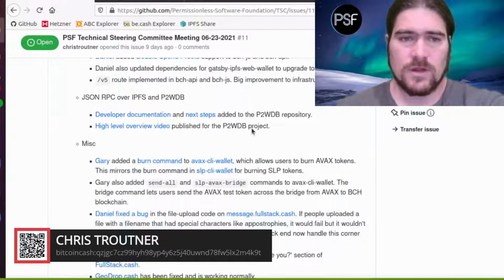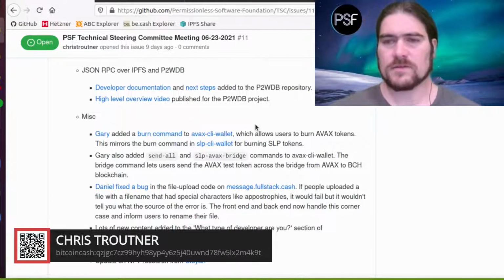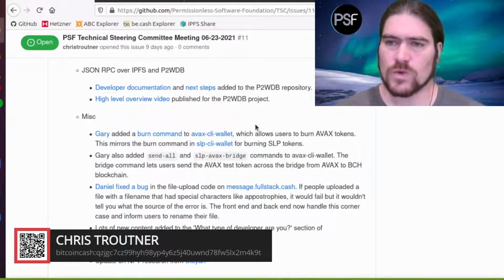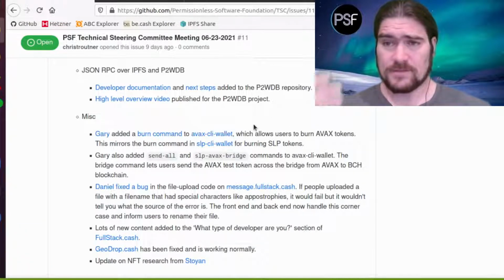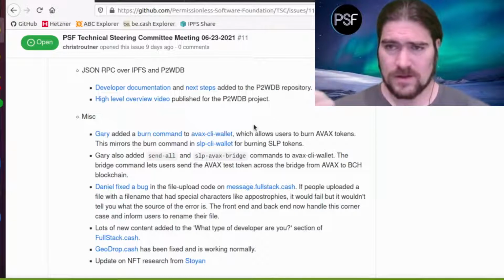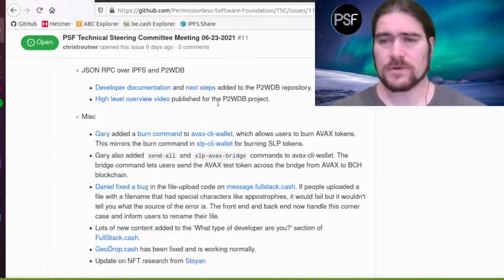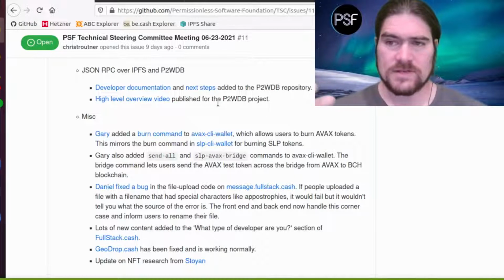We'll move on to the different areas of research that members are doing. I'm personally pretty excited about this JSON RPC over IPFS and the pay to write database. And I've been focused a lot the last couple weeks on the pay to write database. For people who are trying to understand what the pay to write database is, what its use case is, what problems it solves, just a high level understanding, I created a video that's linked here, and it's 12 minutes. I really encourage people to watch it just so that they can understand what this pay to write database is, what makes it valuable, why am I so passionate about it.